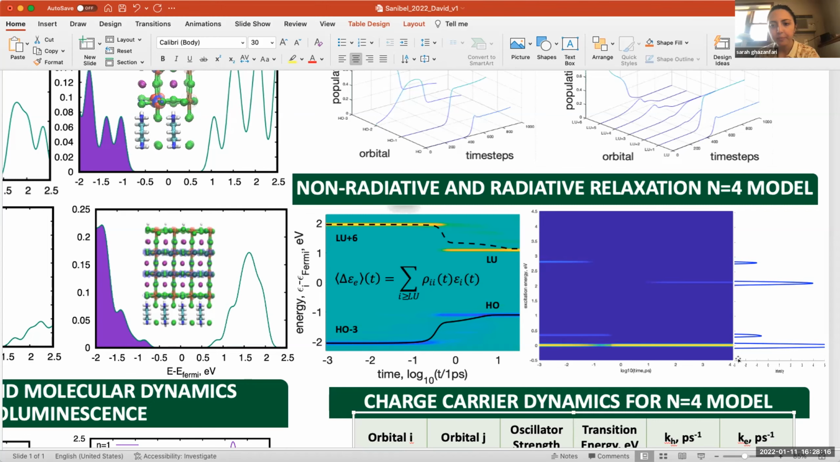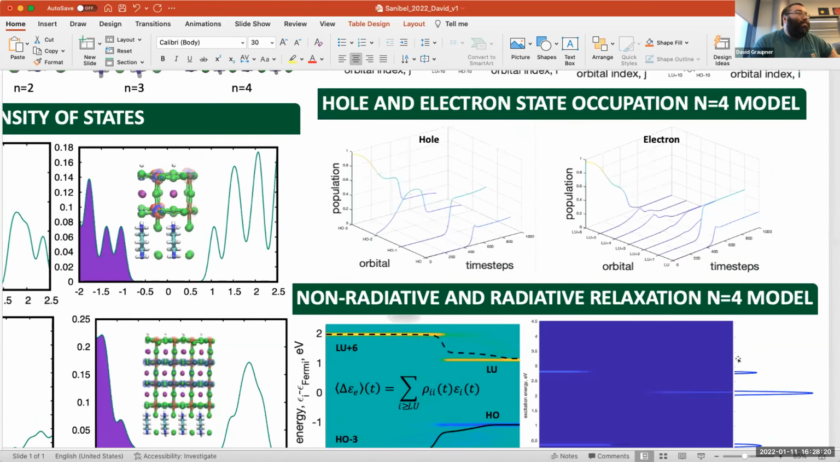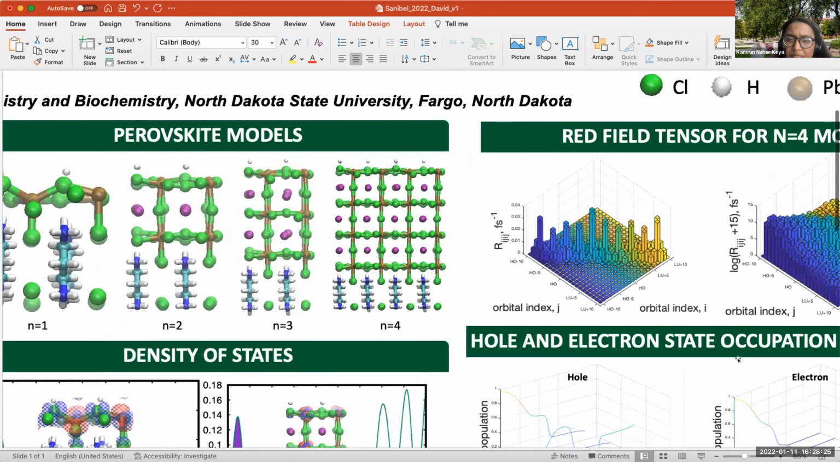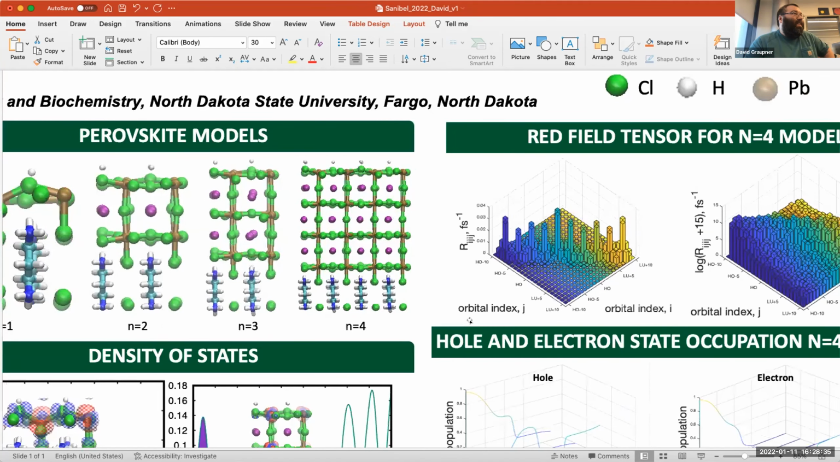For the N=4, the cell is expanded in the y-axis as well. Yes. Why did you decide to expand in the y-axis as well? No, y-axis, no. Which one am I thinking of? Let me try